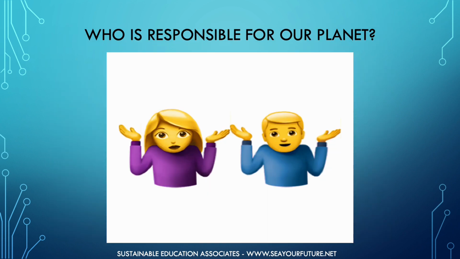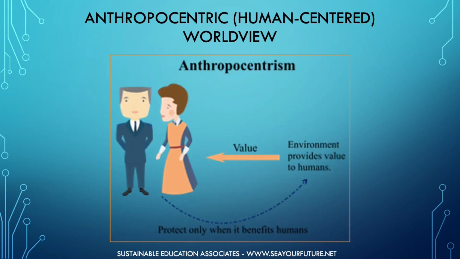So where does the responsibility lie? As mentioned in the introductory units of this training program, not everyone shares the same set of core values. As a result, there are different ideologies as to what role humans should play in the overall scheme of things and the degree to which we are responsible for our planet. Some people believe that human beings are the master species. They feel that because of our ability to think and reason, we should have dominion over all other species and